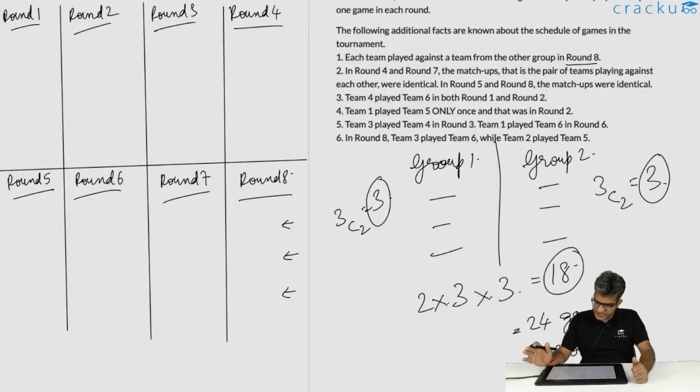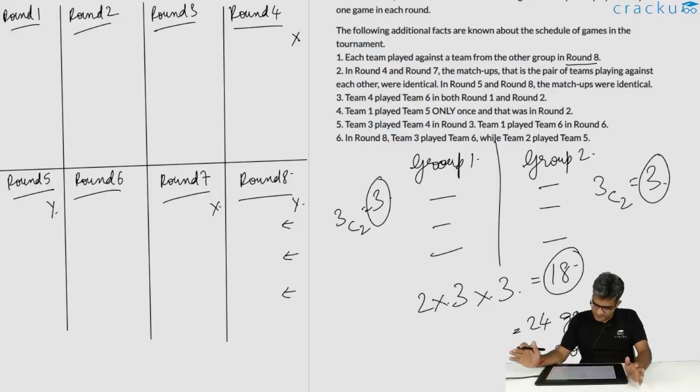Round 4 and round 7, the matchups are identical. So if we identify the 3 games in round 4, they will be the same 3 matchups in round 7 also. In round 5 and round 8, the matchups are also identical. So if you are able to identify the 3 matchups in round 5, they will be the same